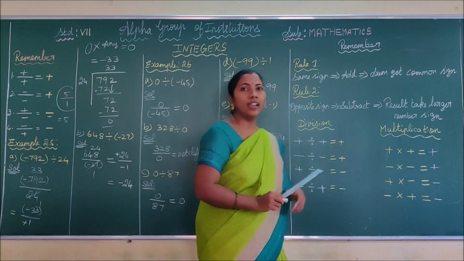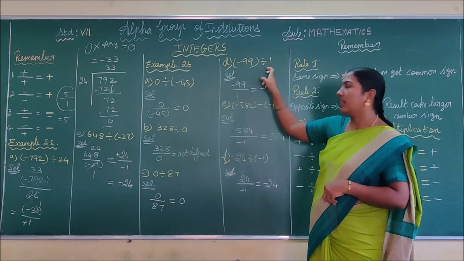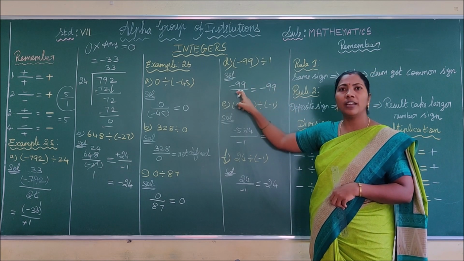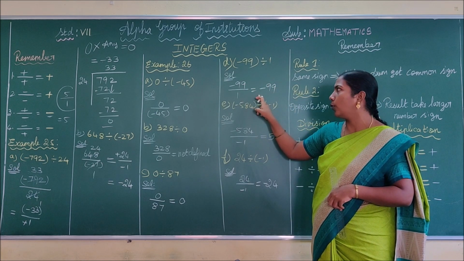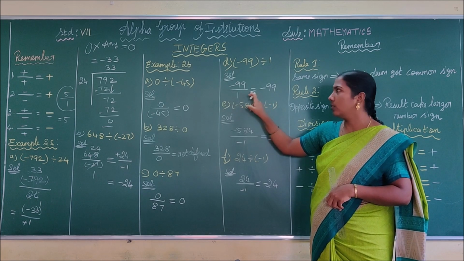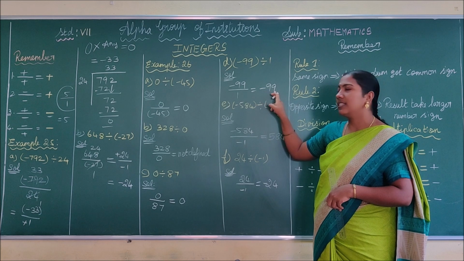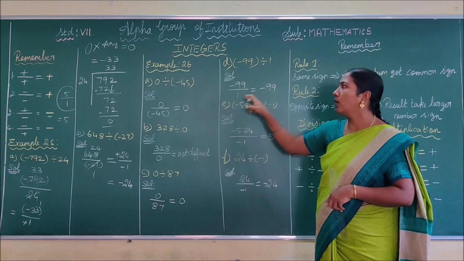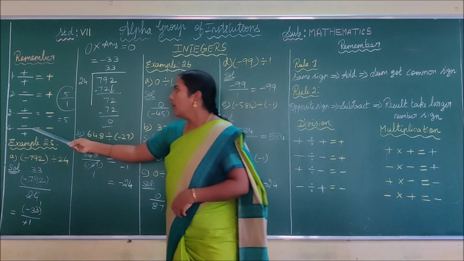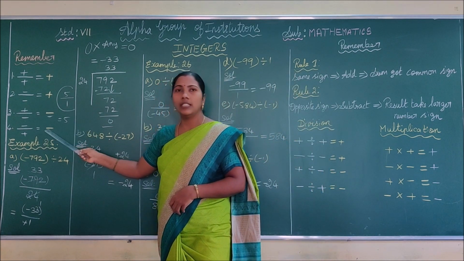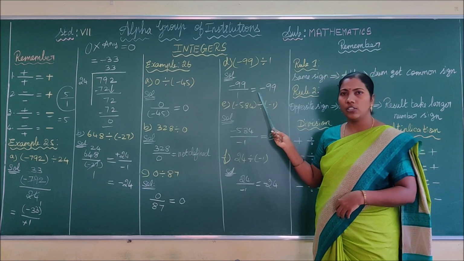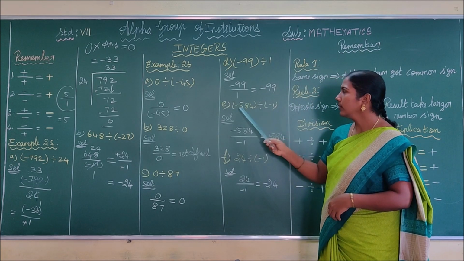Minus 99 divided by 1. That is, we have to divide minus 99 by 1. Here we are rewriting the question, which is equal to, in the denominator contain 1 means we don't need to write. Thus we are writing minus 99 as it is. It also follows the rules of division. What is the rule of division? Minus by plus. What is the answer? Take the symbol minus. That's why we get the answer minus. It's clear, children? See the next one.